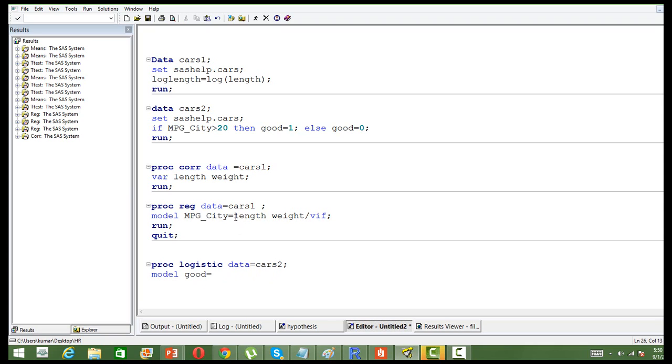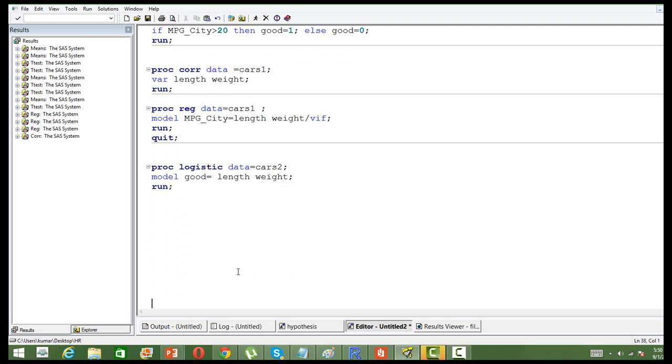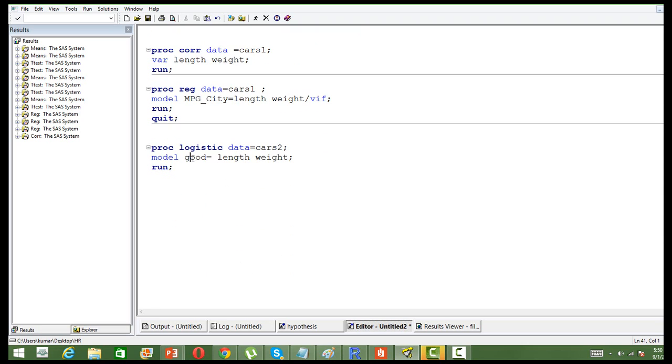Okay, logistic keyword. So here for logistic regression, for classification, we use proc logistic instead of proc regression. Now a lot of things are going to change here. See, the dependent variable here is binary in nature. You know what is a binary variable? 0 or 1. 0 and 1, right? Now the question is why can't we use simple regression here?